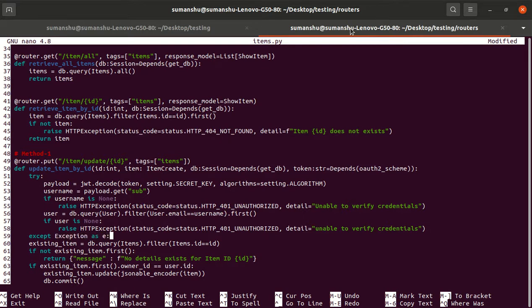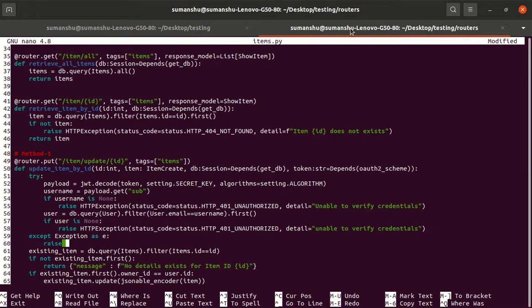Except Exception as E, raise HTTP exception, status code is equal to status dot HTTP underscore 401 unauthorized, detail is equal to unable to verify credentials. Hope everything is fine now.